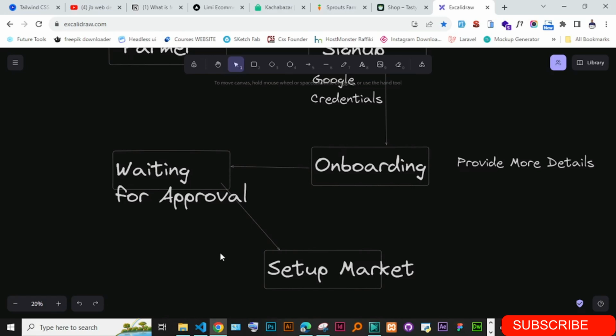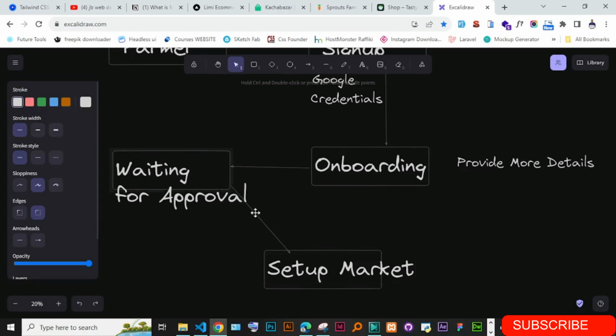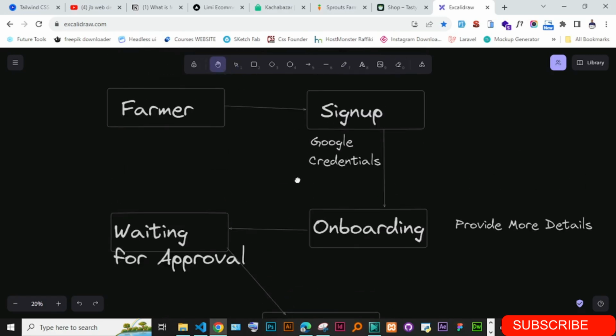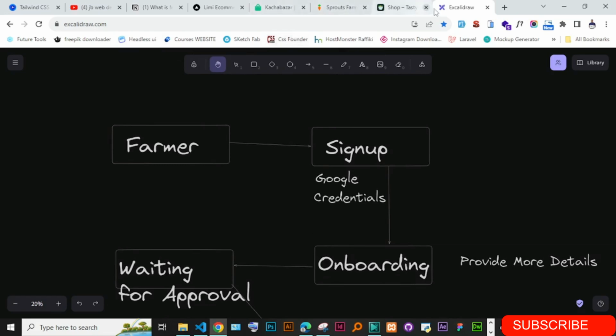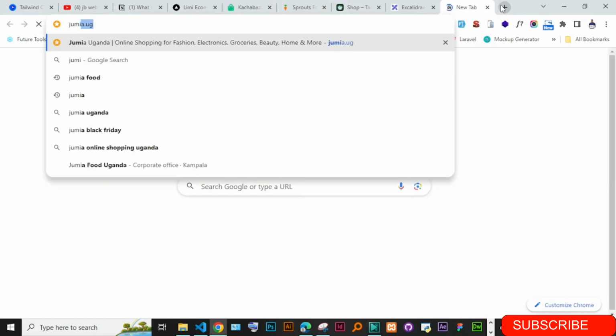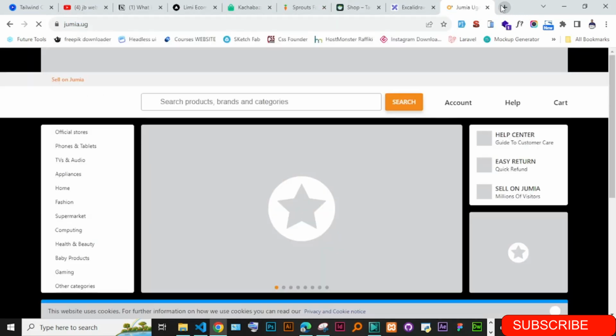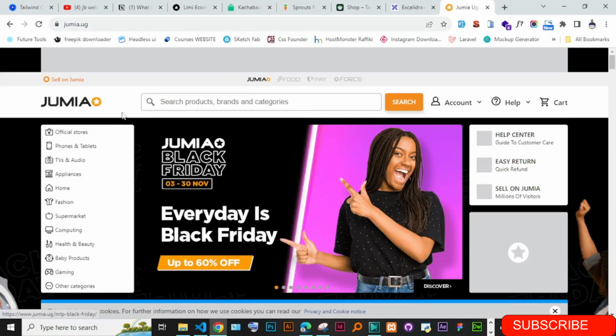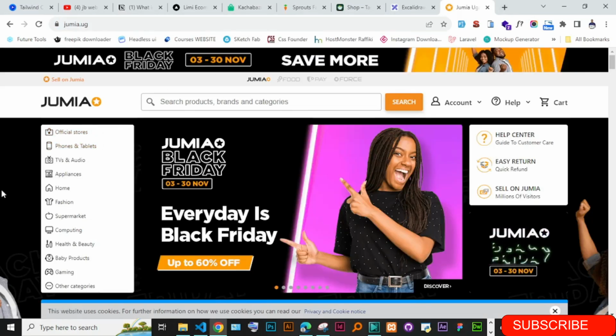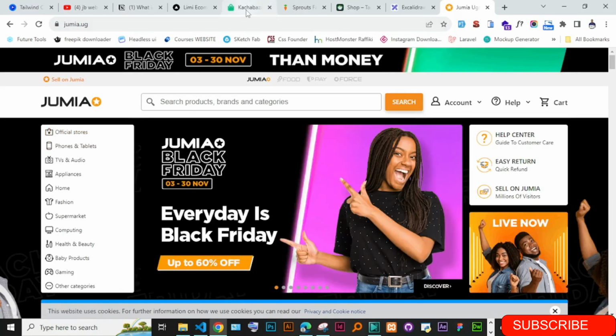We'll have that process whereby we have these farmers signing up and they can create their own products. Now one thing that we might control are the categories, because if we don't control the categories, it is going to be crazy. Even Jumia is using a multi-vendor system, but you see they have their own categories, so you have to supply within their categories when you are creating